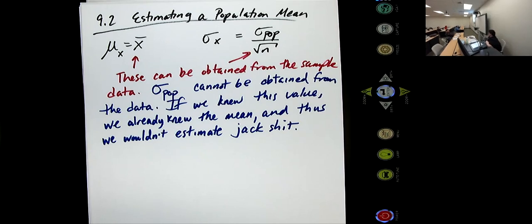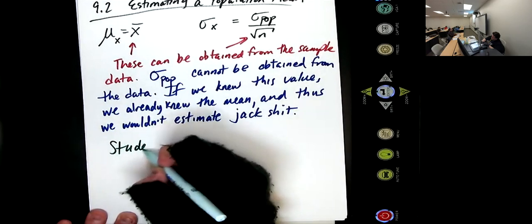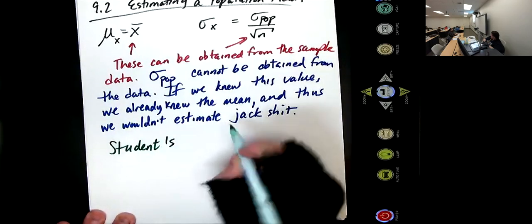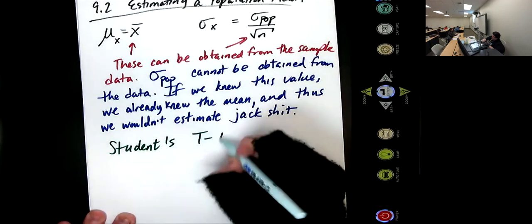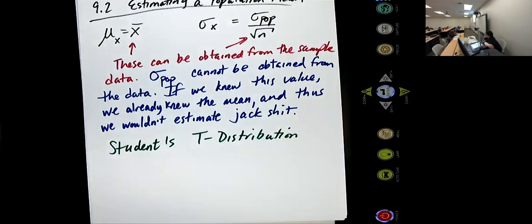Guinness wouldn't let him publish it, not under his name. Like, you're not using our work under your name. So instead of going by Gossett, it's called Student's t-distribution. I don't know why he chose the name Student, but that's the pseudonym that he used, Student's t-distribution. And what t uses